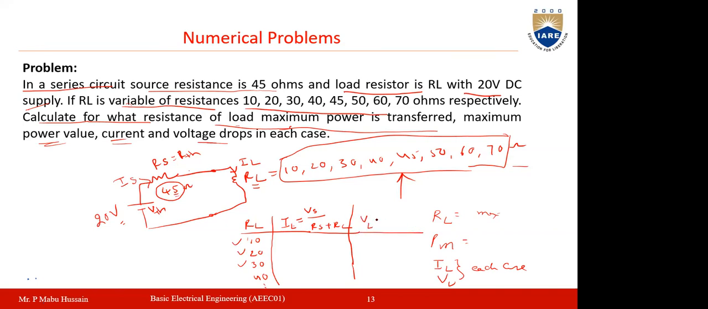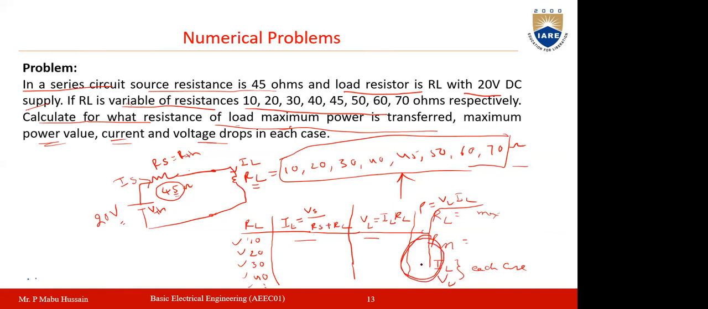Once you know the IL, the VL you can find easily. VL will be simply equal to IL into RL. Now once you know the VL as well as IL, then power P is equal to VL into IL. So for all the resistances, you can find the current, the voltage drop, and the power. Now you have to observe at what condition the maximum power will be delivered to the load. If you observe the power list here,